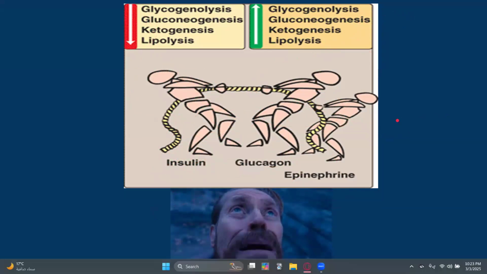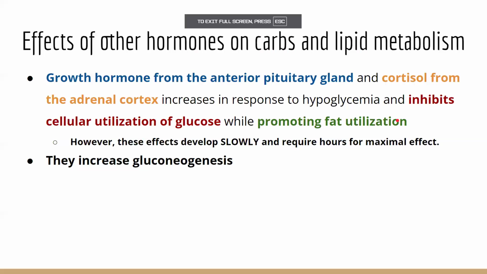Okay. All right. So, effects of other hormones on carbs and lipid metabolism. Growth hormone, which is released from the anterior pituitary gland. So again, we're going to talk about other hormones that you've already taken previously. So growth hormone and cortisol, which is from the adrenal cortex. Cortisol, just a refresher, this was ACTH, and growth hormone releasing hormone stimulating the release of growth hormone,